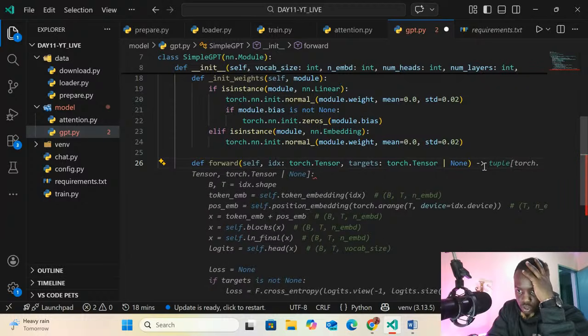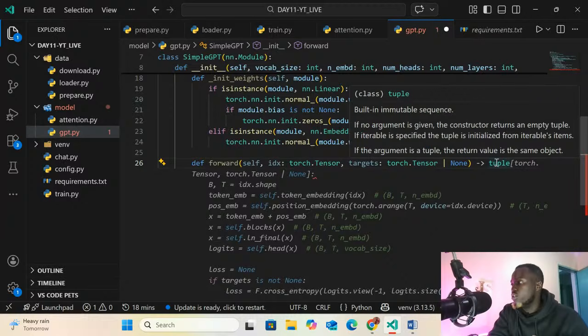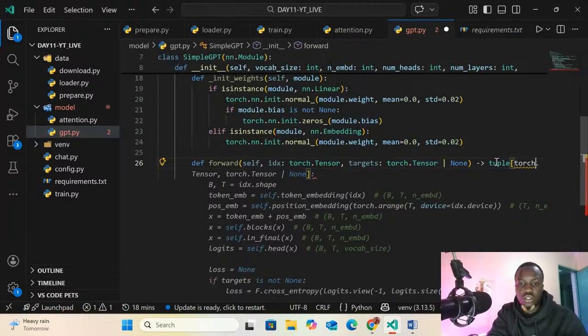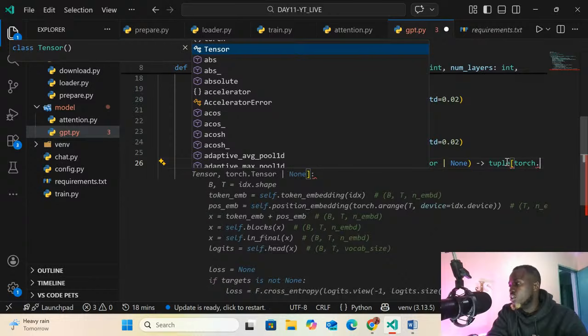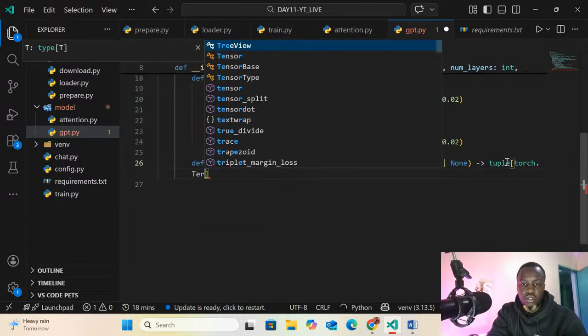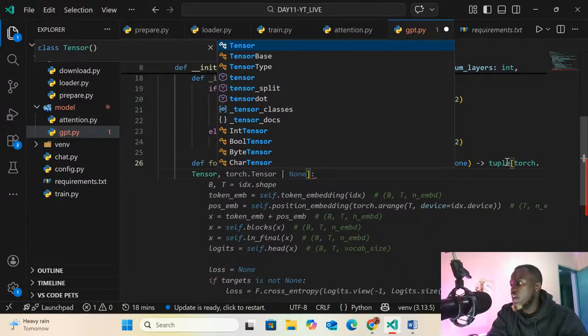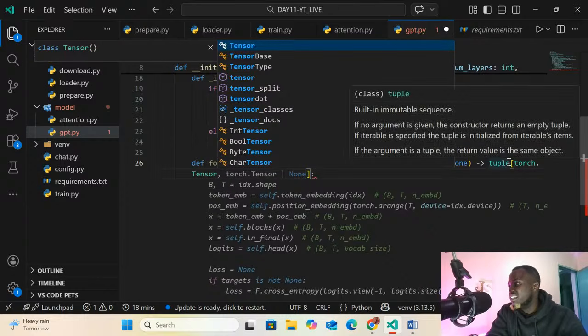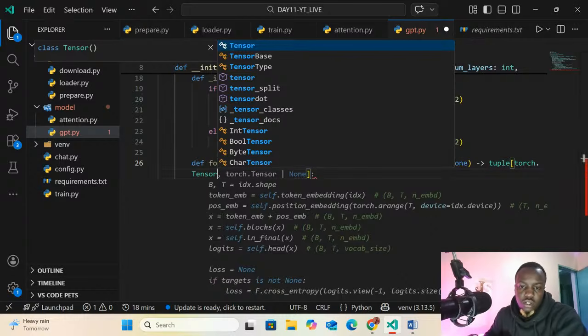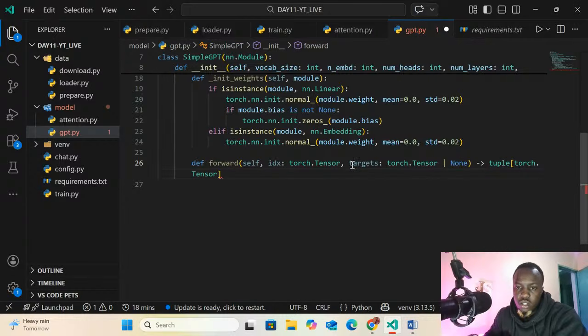This one is going to use the tuple, in a list, torch.tensor. Yeah, it should be torch.tensor. No, let me check. Targets: torch.tensor.